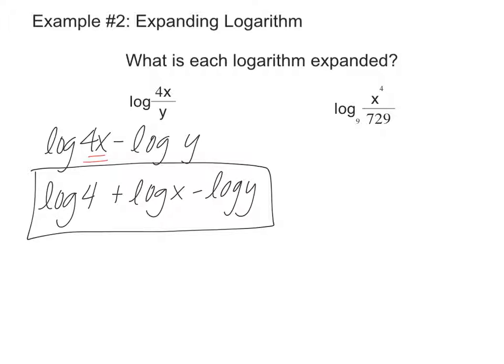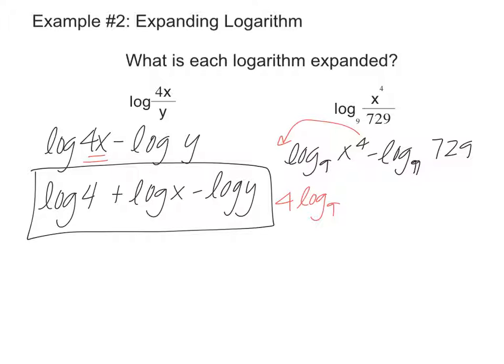All right, the second one, again, the first thing I see is division, so let's deal with that first. This one has a base, so this is going to be log base 9 of x to the 4th minus log base 9 of 729. And again, this x is to a power, so that 4 needs to come to the front. So this becomes 4 log base 9 of x minus,